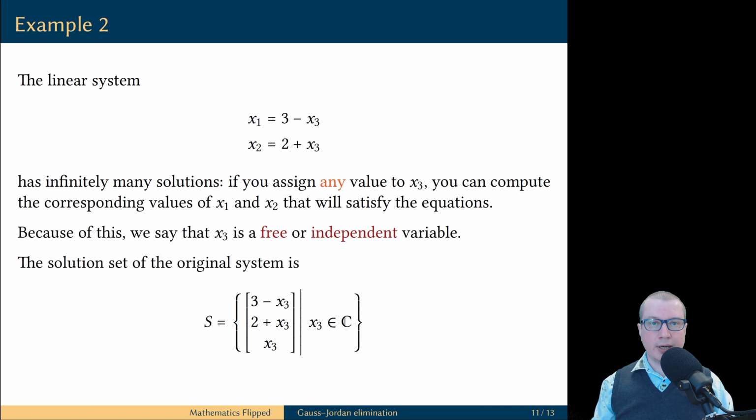We are ready to write the solution set to our linear system in a vector form. We have this solution vector, and notice how we represent these infinite solution sets. x3 is a free variable, and so it is free to take any value, but x1 and x2 are defined in terms of x3. This is a parametric description of an infinite set, because to produce any particular solution of this linear system, all you have to do is assign a specific value to x3.